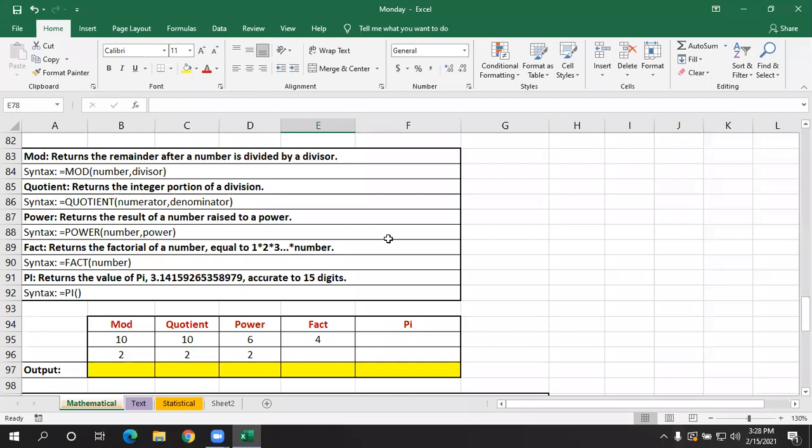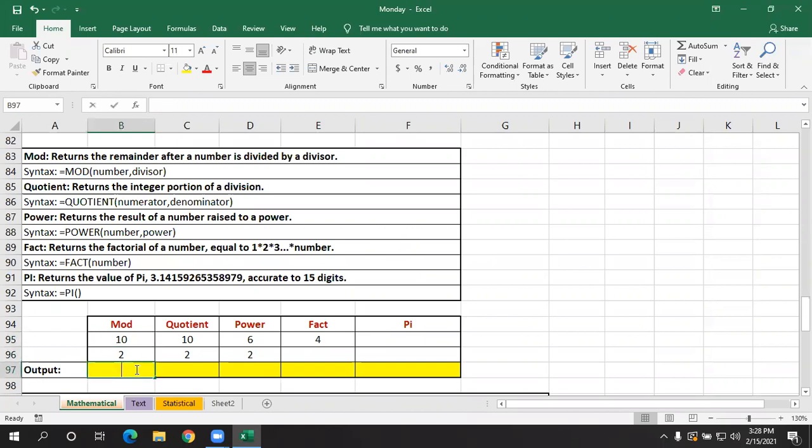Okay. So what is MOD? Have you heard about MOD? MOD is nothing but it will display the remainder value. Here, this is a number. I'm going to divide this by 2.